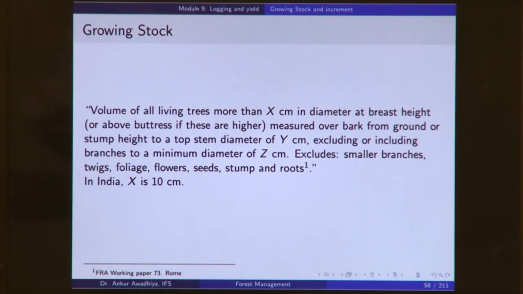Now, why is that so? For two or three reasons. One is that in the case of very thin plants, it is difficult to take an accurate measurement of their girth or their diameters, and so it is better to leave them. And two is that if you look at any stand, the density of the stand will go down,